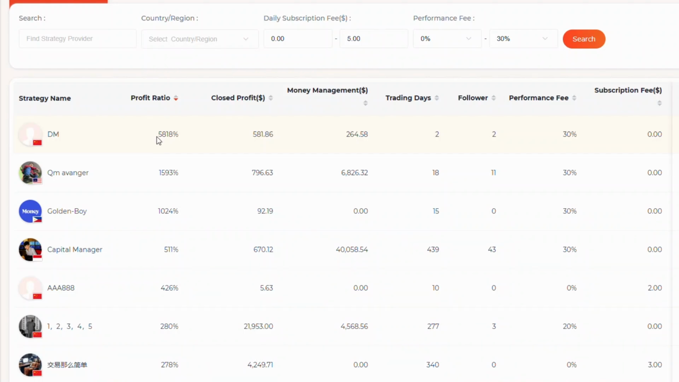That's basically 6 times your money. It's a very, very good amount of money to make. Let's see, closed profits. This is the amount of money they've made in dollars, of course. Now remember, profit ratio might seem like a huge number, but if they've started with a small amount, and you